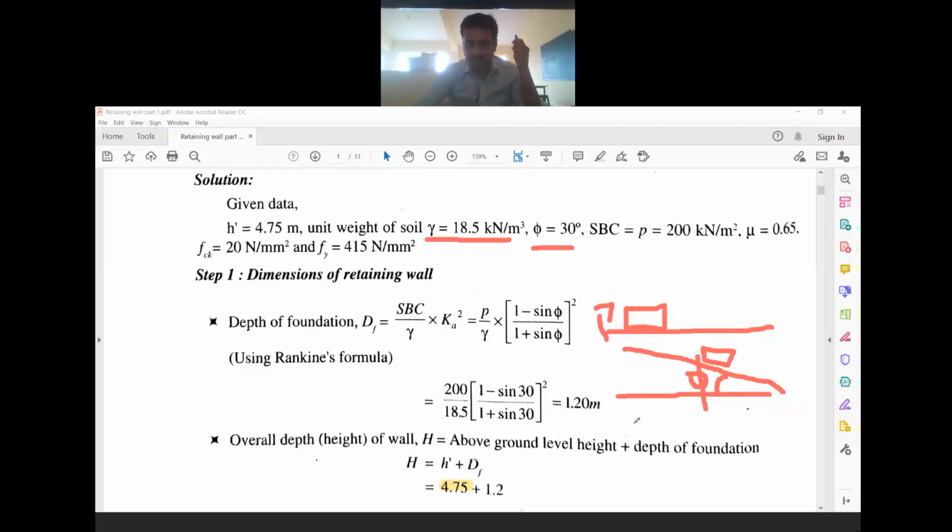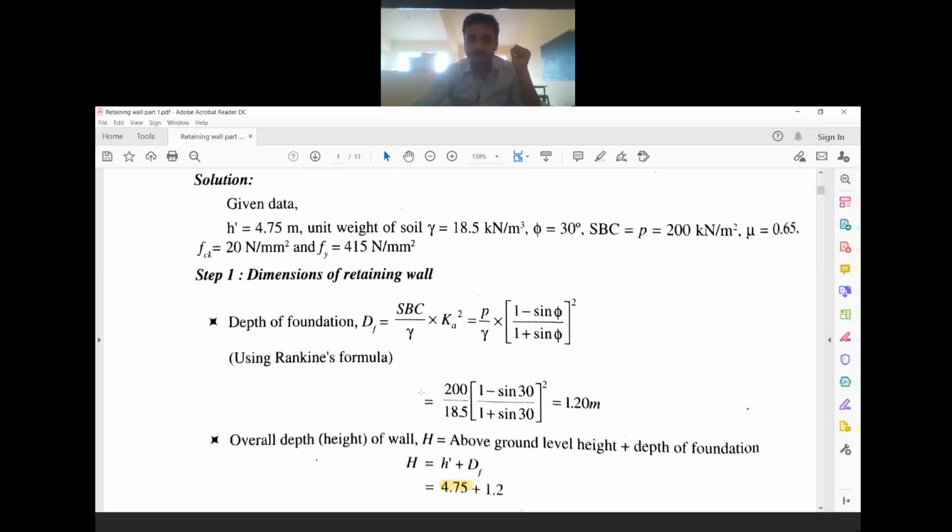In case of soil, if the slope of the ground is within the angle of repose of the soil, then the soil will not slide. You must have observed landslides like that. If the soil slope is more than the angle of repose, then at the angle of repose this much soil will fail and fall. So that is the concept about angle of repose.